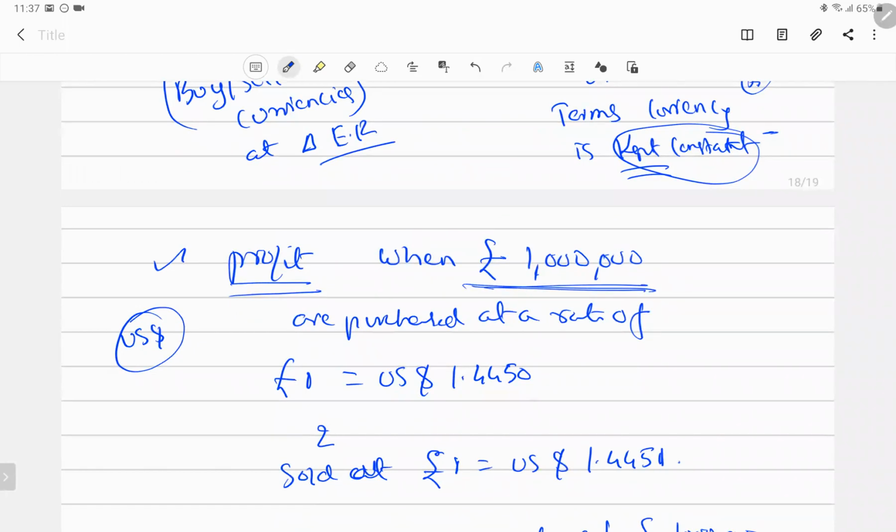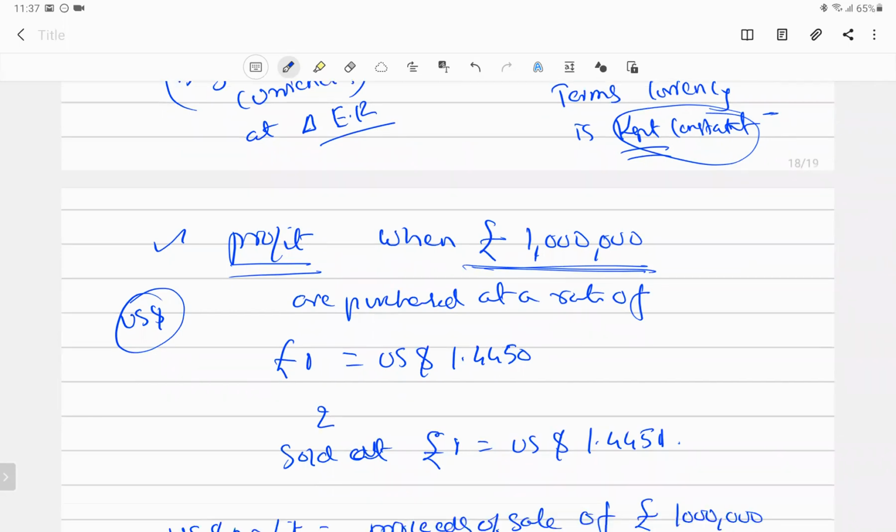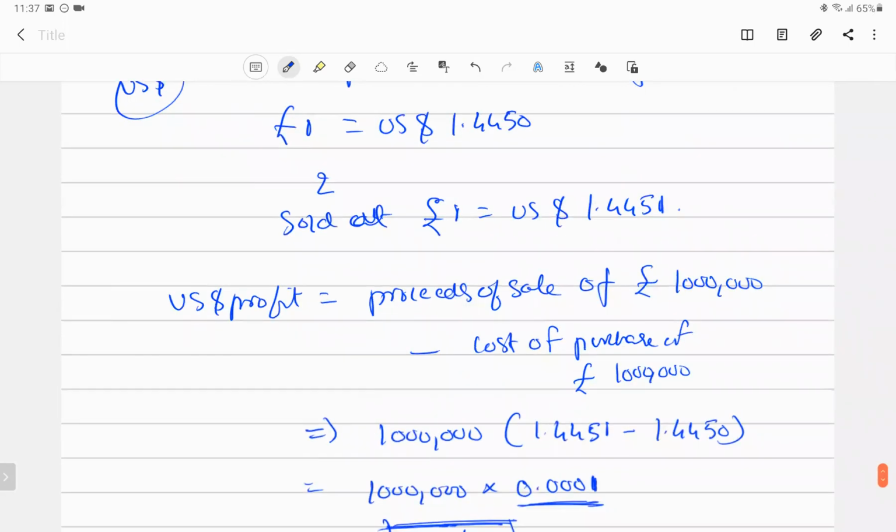So the next thing is that you have the arbitrage opportunities and all. We'll be seeing later regarding the arbitrage. Then we have to see something on the realized and unrealized profit. So we'll be getting into that later when we are getting into the techniques of exchange risk management, right?